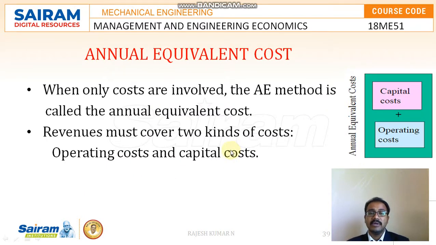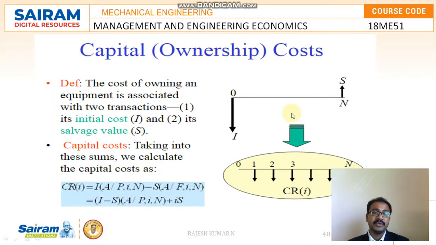And what is the annual equivalent cost? Annual equivalent cost is the summation of capital cost plus operating cost. When only costs are involved, the annual equivalent method is called the annual equivalent cost method. And revenues must cover two kinds of costs, that is the operating cost and capital cost. So here we should again know what the ownership cost, that is the capital cost, and the annual